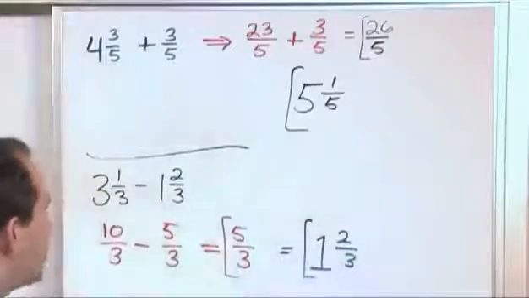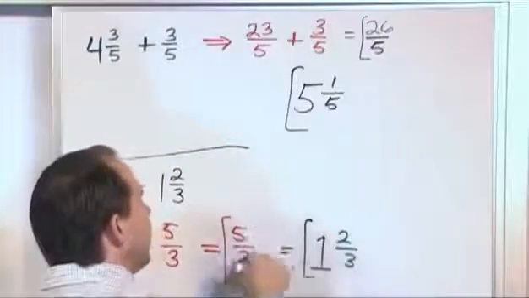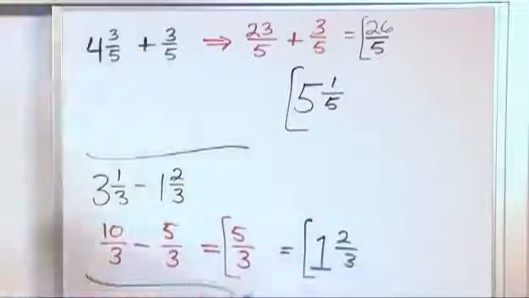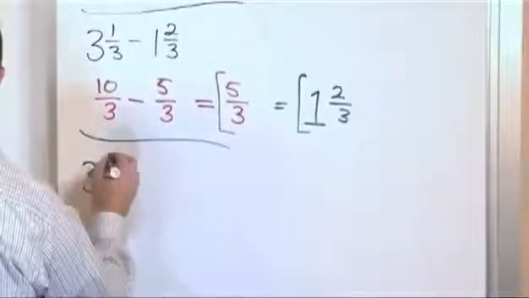And if you're unsure if you've done that right, just check it. 1 times 3 is 3, plus 2 is 5, 5/3, and you've gotten the right answer. Okay, this will be our final problem. A little bit more complicated, but not a big deal. 3 3/4